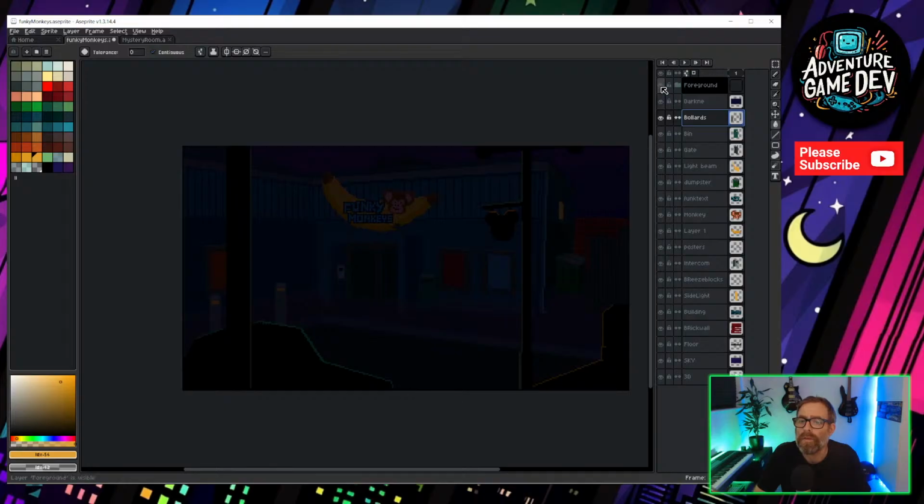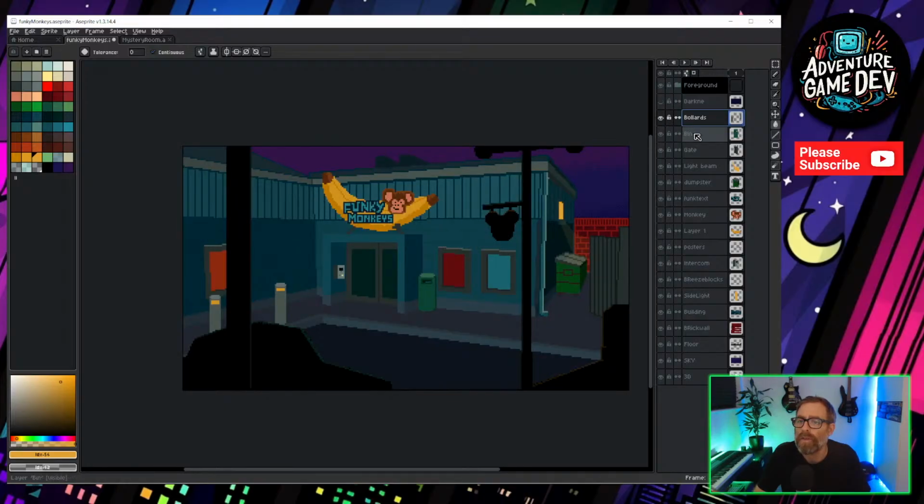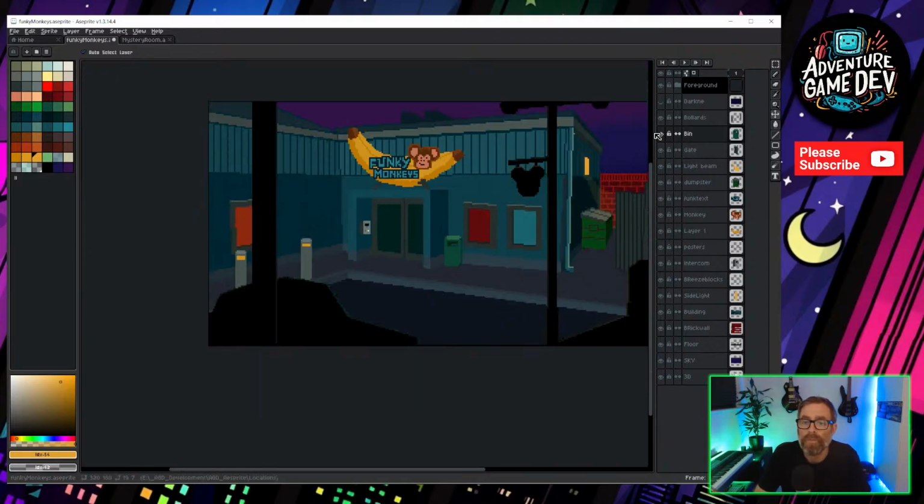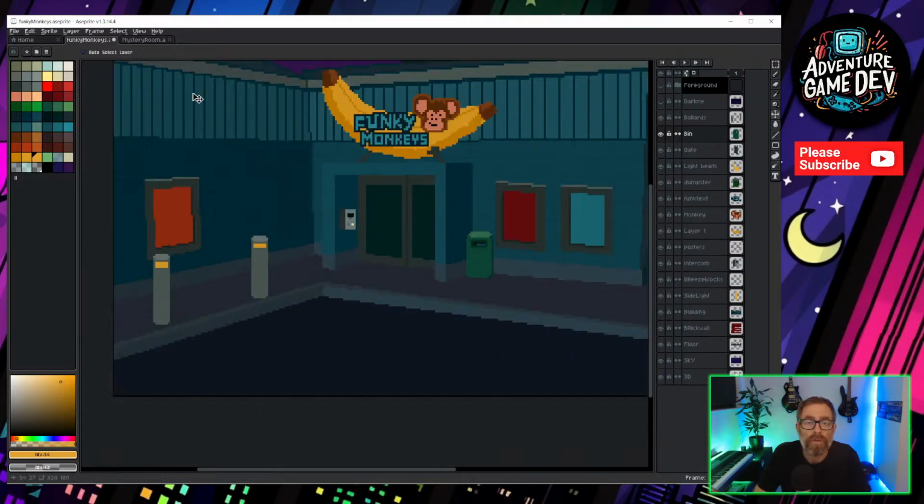Hide darkness layer. There's the bin. So you can just scale it in a sprite. Could just scale it down, but it's going to start to crush this bit of the artwork. So I think what we'll do is we'll just chop the bottom off, paste it back on, move it up a bit, and then move the whole thing down. So just a bit smaller, hide the foreground, and then export it again.